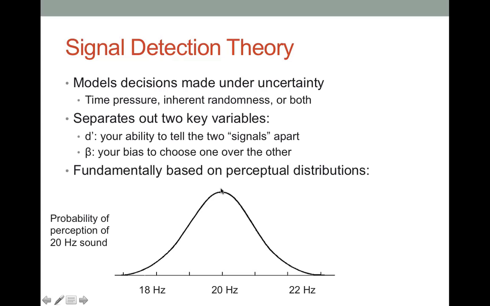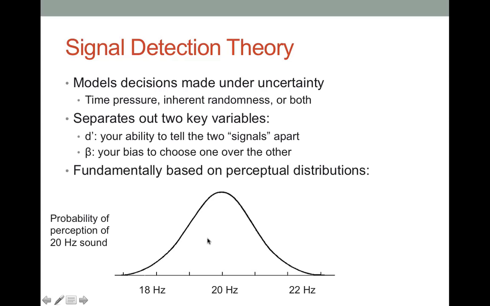Most of the time you would probably be pretty accurate, right around saying 20 hertz, but some of the time you might think it was actually a deeper sound, or sometimes you might think it was a more high-pitched sound. We model that with just a normal distribution that has its mean centered around the actual value of 20 hertz, and it has some kind of variability,